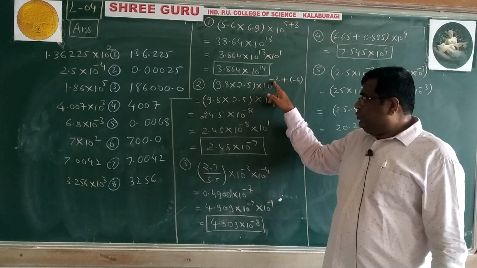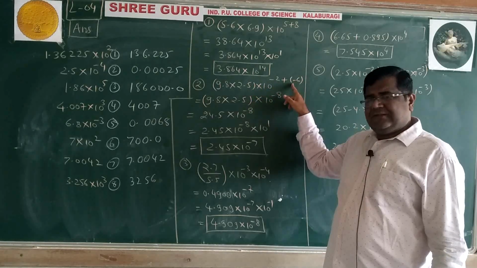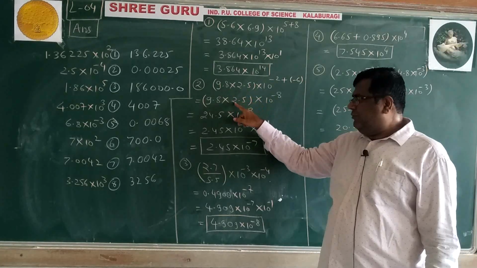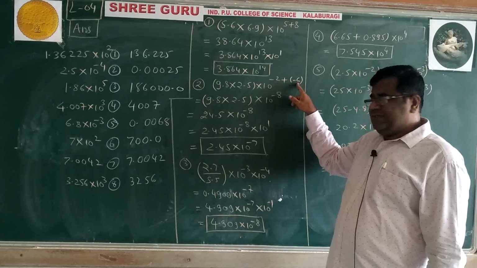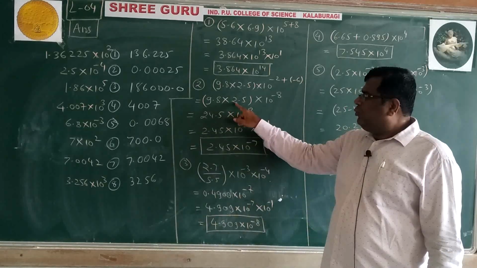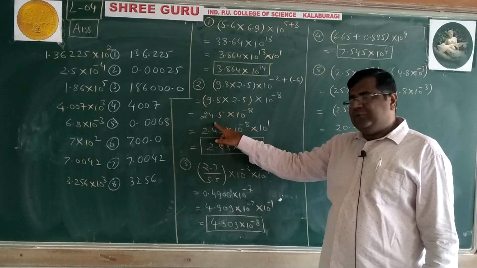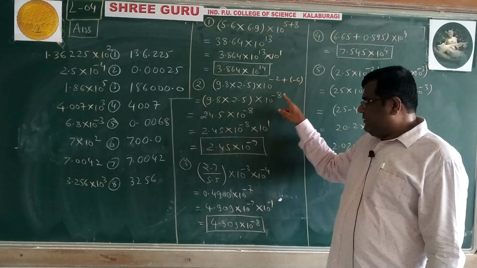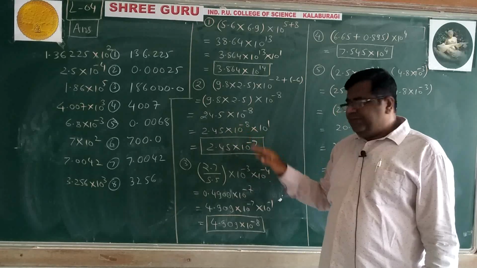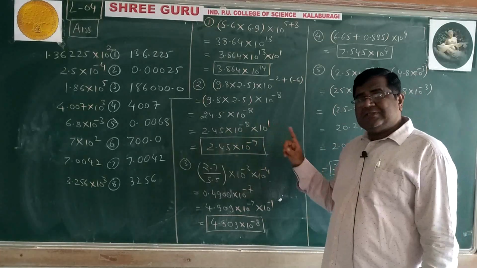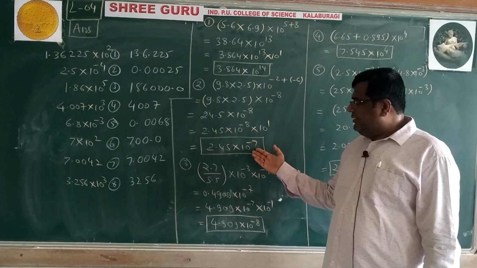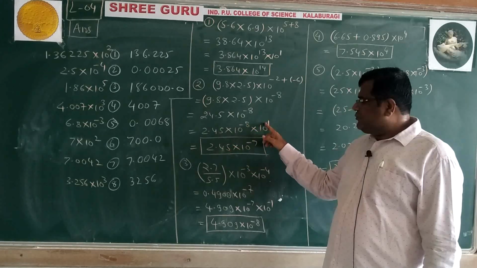9.8 into 10 raised to minus 2 multiplied by 2.5 into 10 raised to minus 6. I have put these numbers in one bracket, 9.8 into 2.5, and 10 raised to minus 2 plus minus 6. The powers are to be added in multiplication. 9.8 into 2.5 happens to be 24.5. This minus 2 plus minus 6 is minus 8. Then I have to shift this decimal point after 2. Towards the left I am shifting it, so I have multiplied by 10 raised to plus 1, because I have shifted this decimal point only one place, and it ultimately gets converted into 2.45 and minus 8 plus 1, which is nothing but